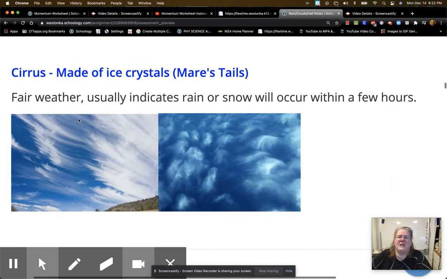Cirrus. So now these are our high level clouds, and they're made of ice crystals, and the nickname for them is mare's tails, like a horse's tail. They're usually fair weather, usually an indicator that rain or snow could be occurring within a few hours because they're riding that warm front, and they're the precursors, the really far out where that moisture just kind of rode up so high into the cold that we just get these wispy clouds,